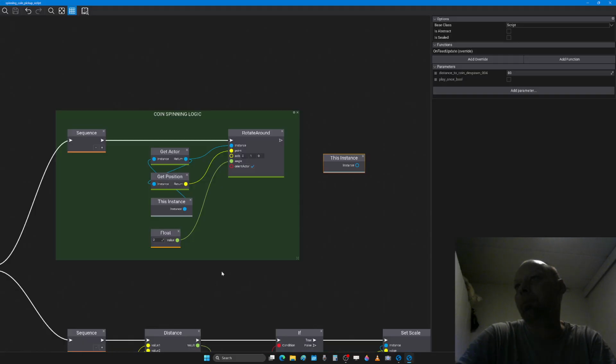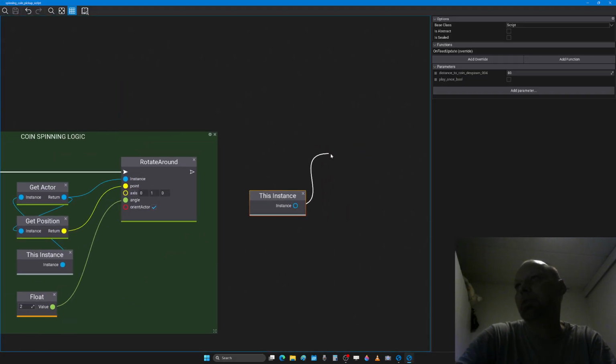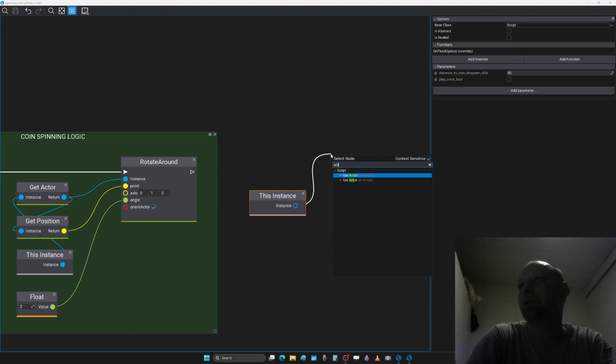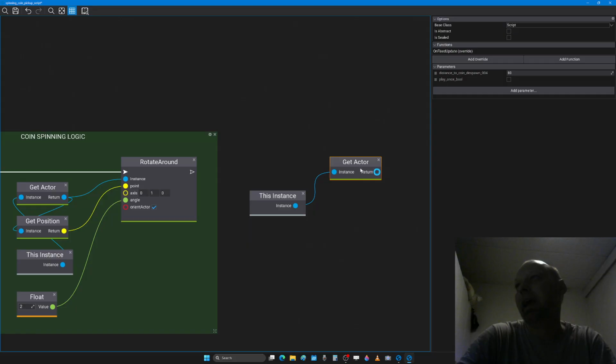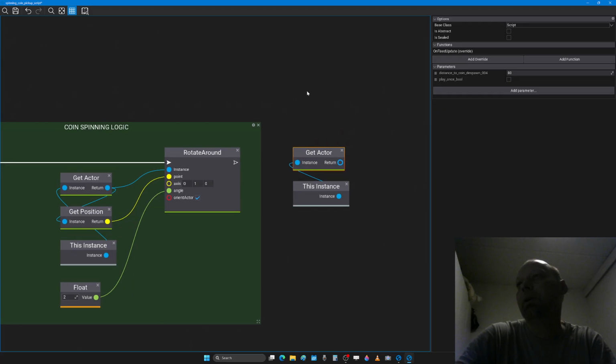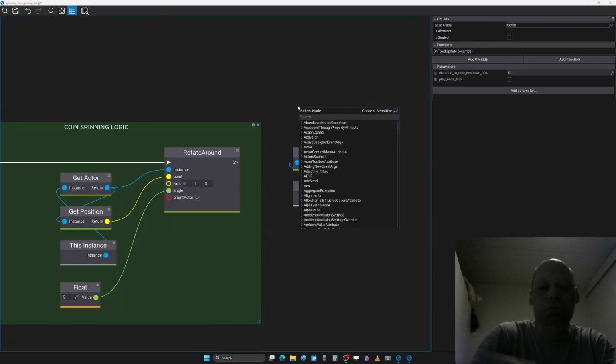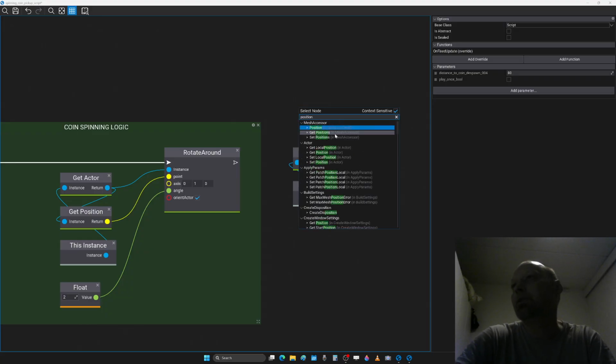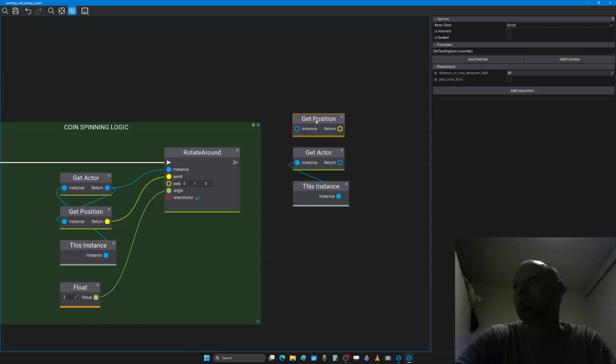And to find that something that it's attached to, we can just move this out and then search for actor. Get actor, the actor that's connected to or working with the script. And that's what I did here, except that it's all been turned around a little bit. But get instance, and then it's connected to get actor. Then from there we want to get the position, because we need to add the position. This is the point that it's supposed to be spinning around. So we search for position, and notice under actor there's something called get position,